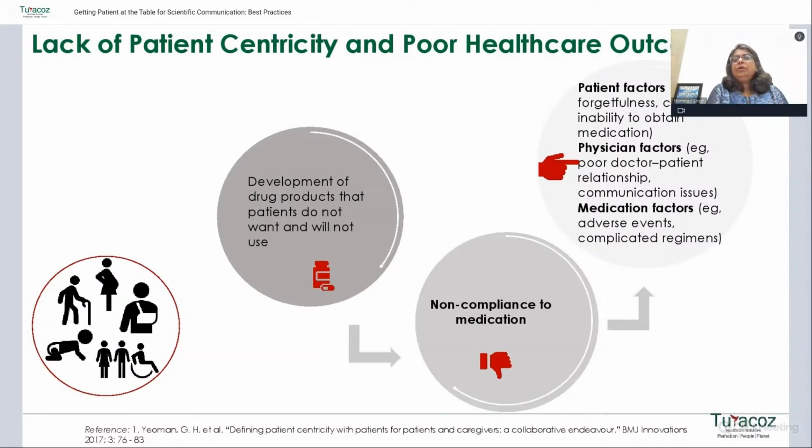Now, what happens if we don't have the patient in the center? What's going to happen? So in this example, as you saw, the patient is not ready to take the surgery again. She's so scared of it. So somewhere we missed out on a treatment which could have been given to the patient. Maybe whatever time she has in which she can be ambulatory, we restricted her with just one knee getting replaced. And also from a hospital point of view, I would say this is a business loss.